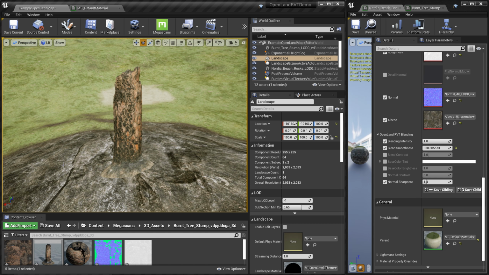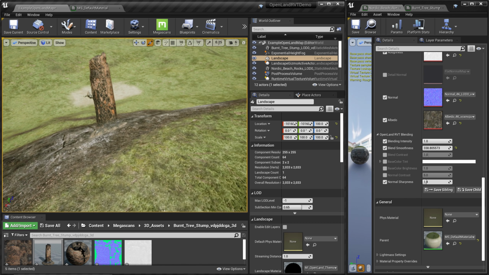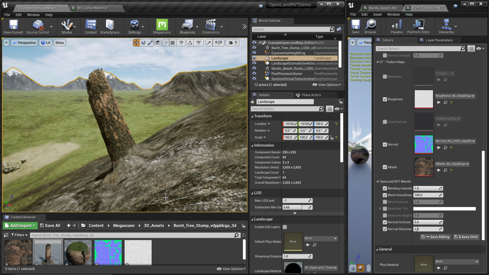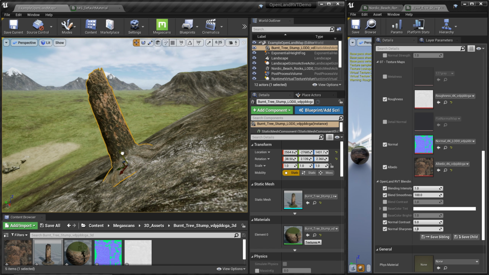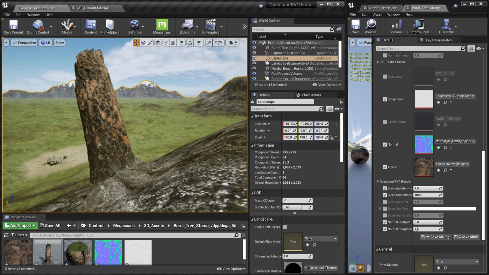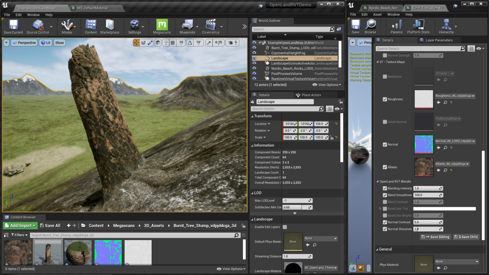Here I have imported a Megascans burnt tree or something, and I put it over there. All right, let me edit. Now you can see it's got some rock. I mean, it's transferred. I think I need to put it a little bit down. So it transfers some of the rock surfaces onto the bottom of this tree. But in this case I'd like to continue the whole tree into this rock material.